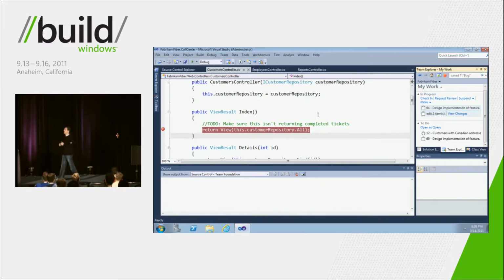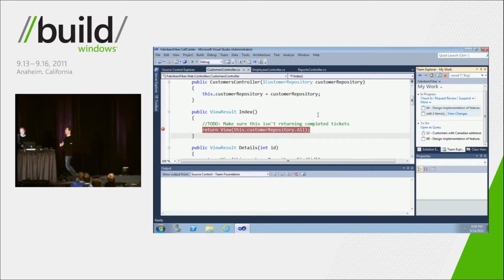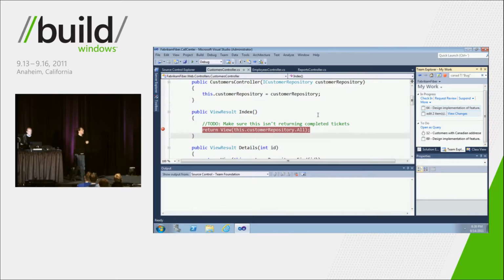Unit testing at this point has been one of these things that, to write quality code, has become best practice in many ways. We've had unit testing in the product since 2005? Sure, yep. And in Visual Studio 11, what we've done is we've created a new experience for unit testing,